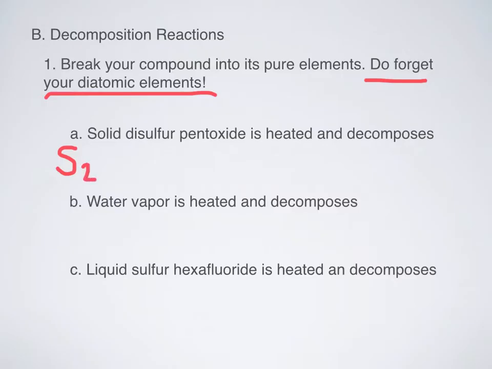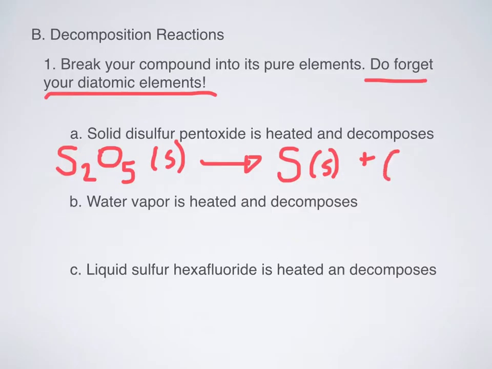So the disulfur looks like this, and then pentoxide looks like that, and it is solid, and it is being broken down. So when I do that, it breaks apart into its respective elements, its pure elements. So I have sulfur, which just looks like this, and that is a solid. And then I have oxygen, and oxygen's a diatomic gas, and I have to remember that, and it would